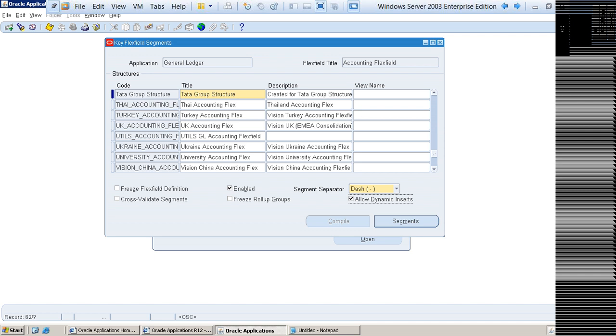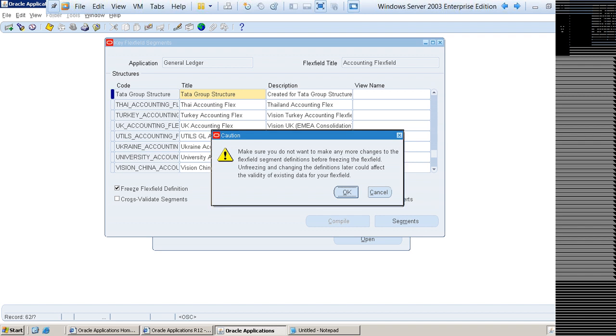What is the importance of this? What do you call allow dynamic inserts? What is the use of this? When I go to step number 6, that time we focus. Then you see, after enabling these 2 options, then what do you do? Go with what? Freeze. Freeze is nothing but what? Lock. But make sure that you lock your own structure. Don't lock other structures. So I'm going to put the cursor here, selected the separator, selected the dynamic,